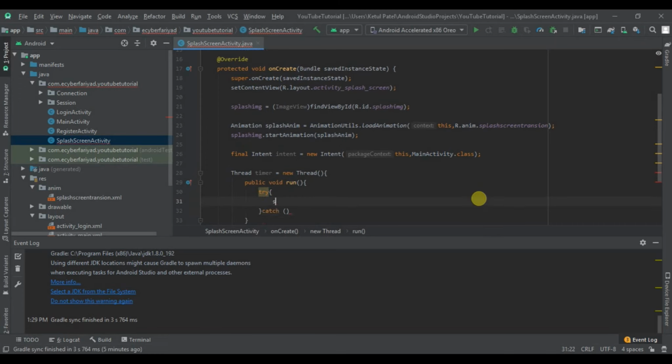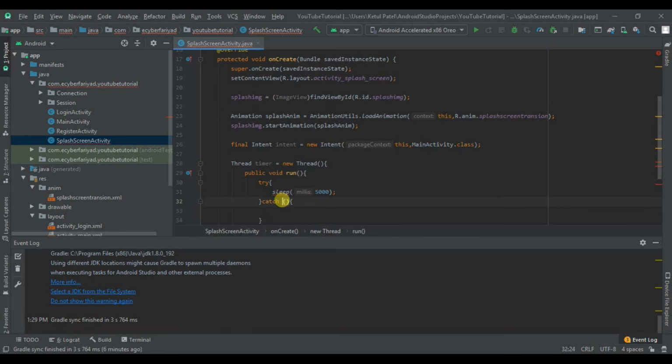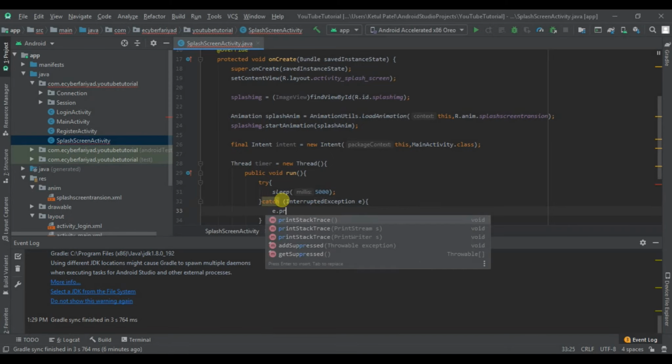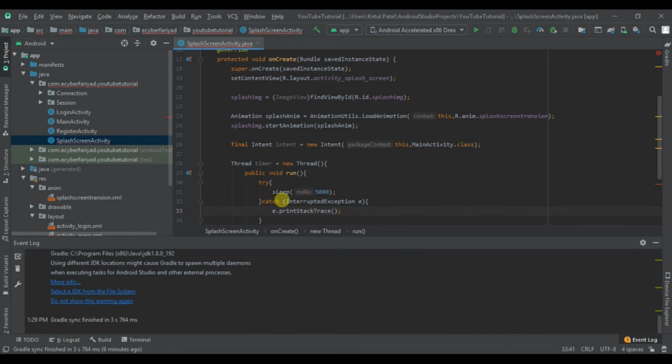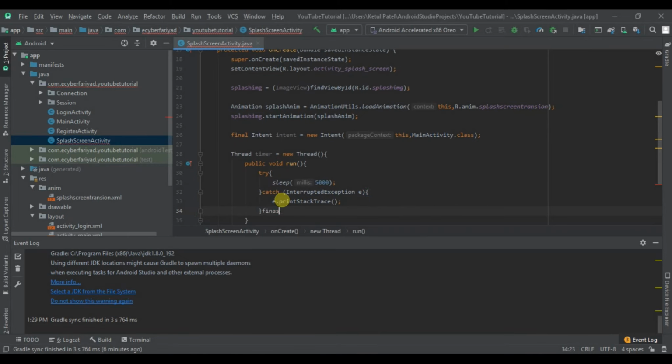So in try block we will basically just make a sleep for 5 seconds, and here in catch we will write InterruptedException e and e.printStackTrace, and finally